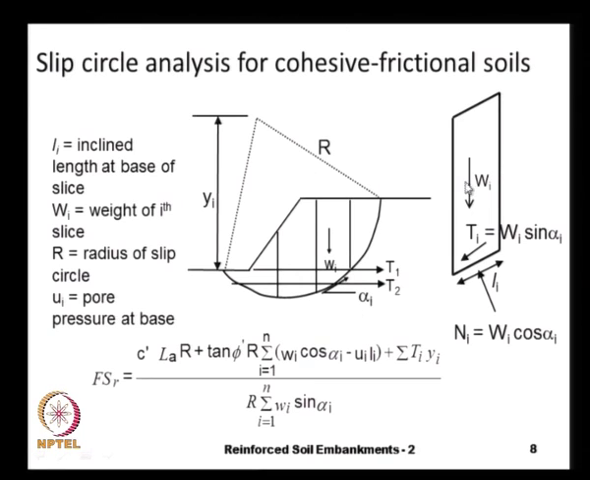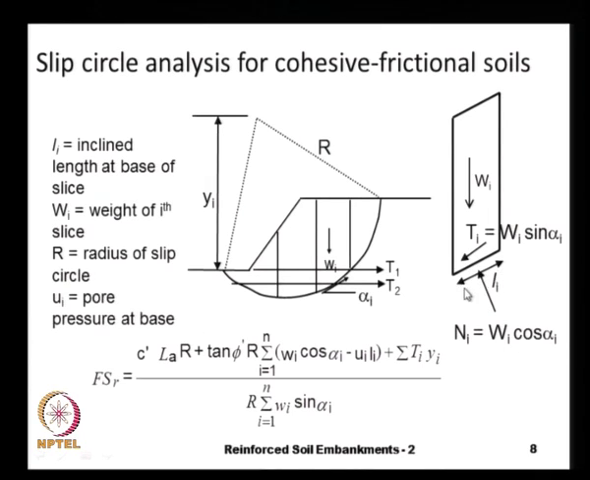and if we consider the equilibrium of each slice, Wi is the weight of the soil that is acting down, and that causes some shear force Ti that is trying to destabilize this wedge, and that force is Ti equals Wi times sin alpha i, just by resolving this force parallel to this base and perpendicular to this base, and the perpendicular component Ni, the normal component, is Wi times cosine alpha i,